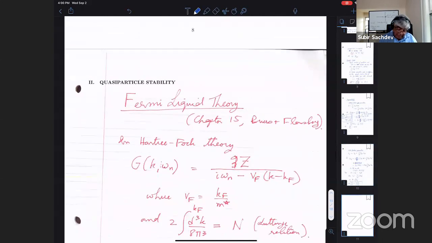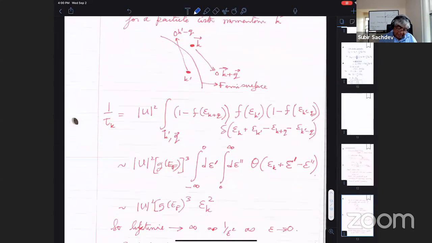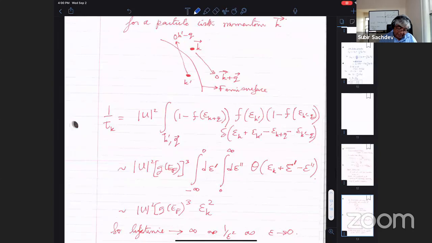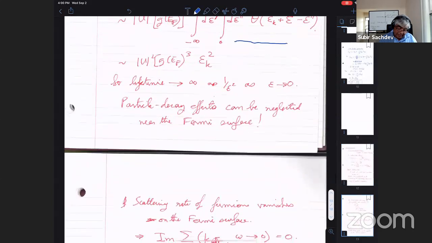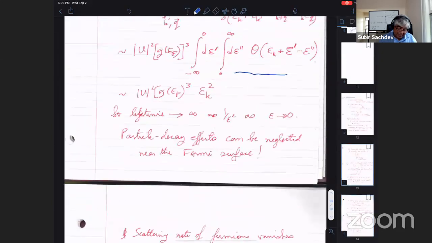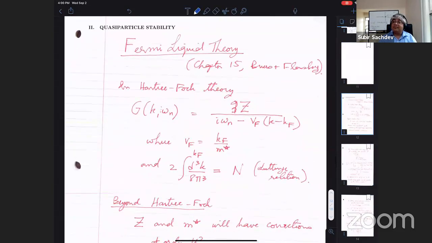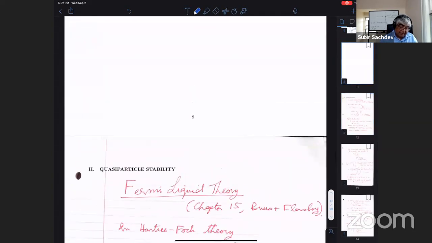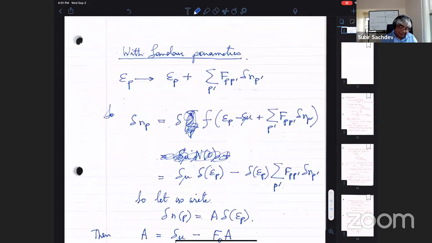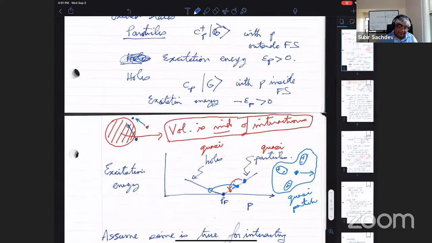Okay, I think I'm out of time. I have a little more to say where I actually do go through an explicit calculation of the lifetime of the quasi-particles and the statement of the Luttinger theorem. I don't want to skip that. That's in fact the more important part, but we'll talk about that on Friday. Any questions? Everything I've written here is on the website, and the things that I have been writing, the scribbles, I'm sorry, some of them are not. I'll try to be neater. I'm also going to post this on the website.